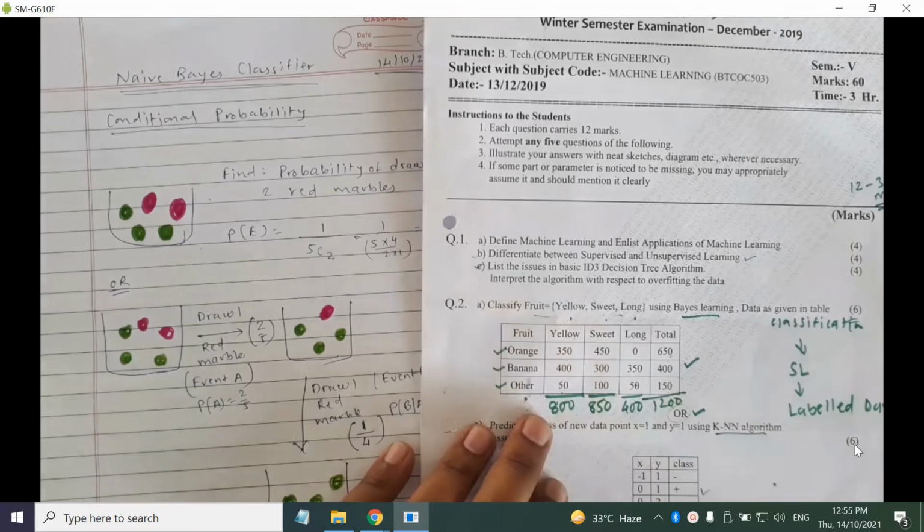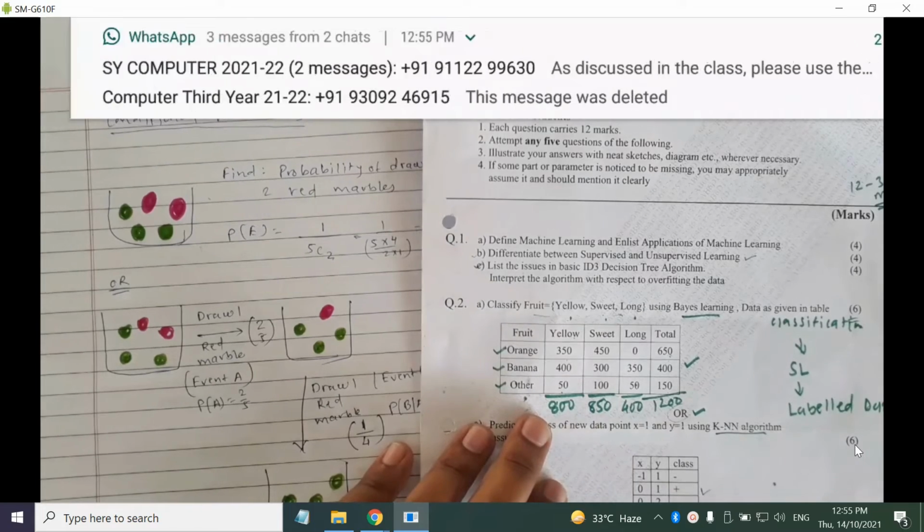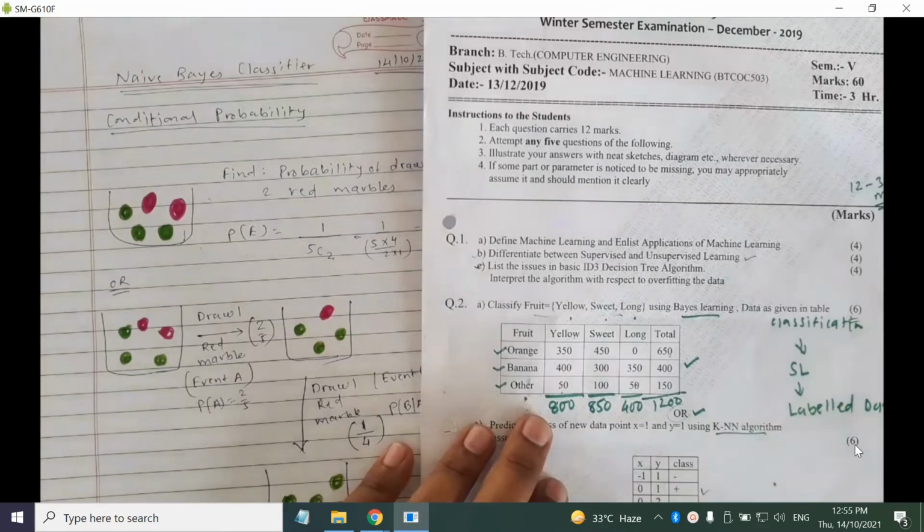What about yellow, sweet, long, total? ये क्या है? सर, attributes, complete domain values. हाँ, attributes हैं वो, ठीक है।